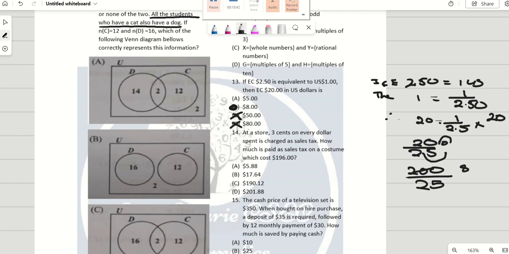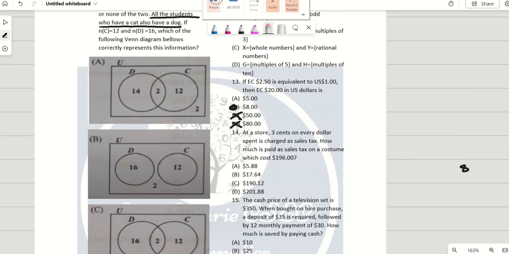So the answer would have either been 5 or 8, right? And then you could have done this, or you could have just multiplied 8 by 2.5 and get 20. Right, so that is how you would do this. All right, let us look at